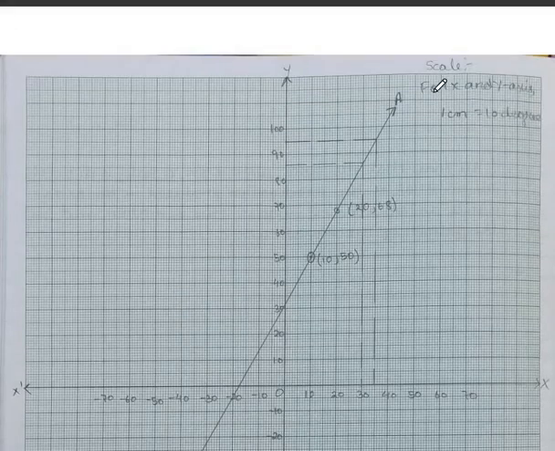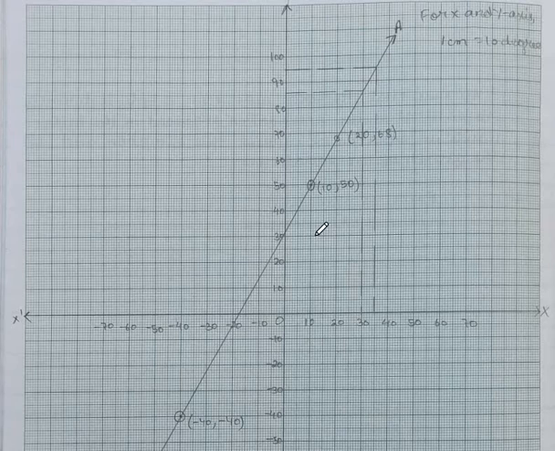And this time scale should be adjusted. For x and y axis, 1 centimeter taken 10 degrees. Because we are talking about degree Celsius or degree Fahrenheit, that's why 1 centimeter should be taken 10 degrees. So 10 degrees. Now first point, we have 10 and 50. So from origin x is 10, y is 50. This is the first point, 10, 50.